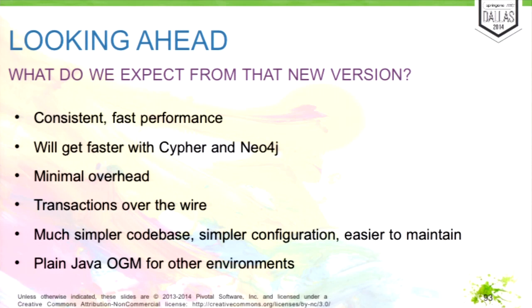Exactly. So I already mentioned all of this, and for me, the biggest benefit is that the code base will get much simpler, because right now, over 4 years, it accumulated a lot of stuff, and people are oftentimes really reluctant to let go. When you want to delete certain functionality, a number of people say, no, we still keep that, and we still need that. But if you do a rewrite of the core, then you can easily delete everything and add again, so you get a much cleaner code base as well. And something that we didn't have right now is transactions over the wire, because the old Neo4j REST APIs didn't support cross-request transactions, which the new ones with CYPHER actually do.